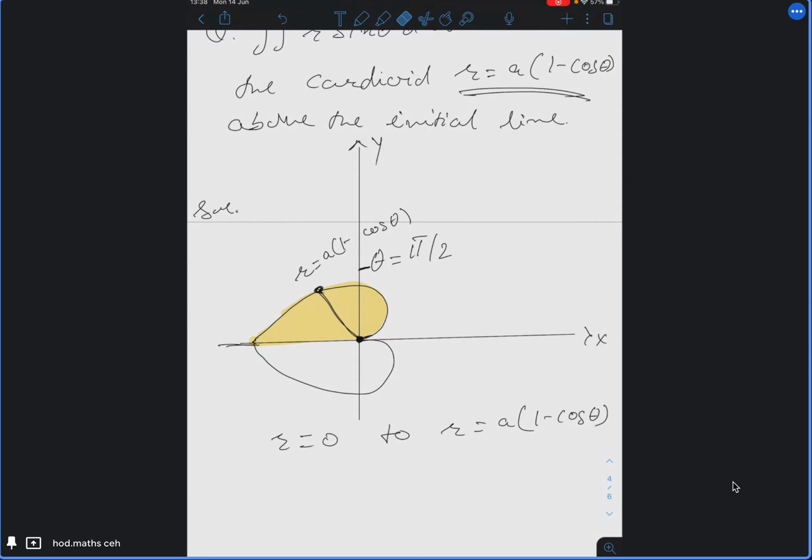So in the same manner, as you can see here, theta is going from where to where? From 0 to here. On this line, theta is equal to 0. Here theta is pi by 4. When it comes here, how much is theta? Theta is pi. So theta limits are from 0 to pi. This is how you have to calculate the limits.